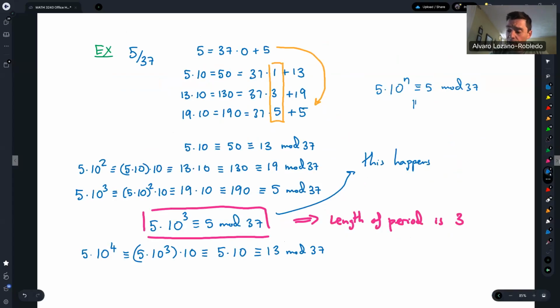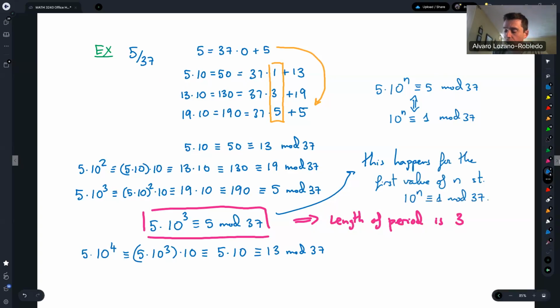Since 5 is a unit, this will happen whenever 10 to the n is 1 modulo 37. So 5 times 10 to the n will be 5 modulo 37. The repetition will happen for the first value of n such that 10 to the n is congruent to 1 modulo 37. So the very first time that a power of 10 becomes 1 modulo 37, that n will actually be the